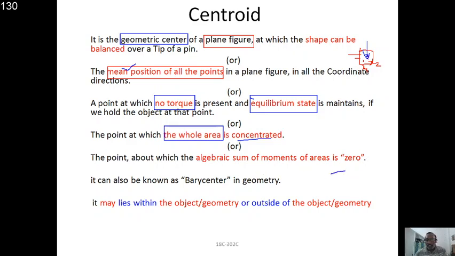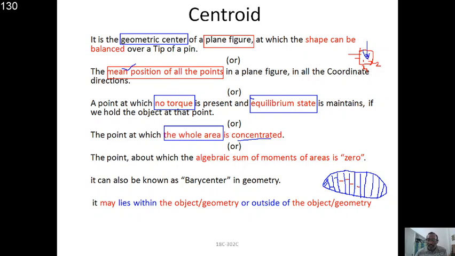That means if I take a figure like this, and I divide the total area into some subparts, these are the subparts of the areas. I divided the total object into small parts. Now it is easy to calculate the area of each one. This is area 1, this is area 2, area 3, area 4, area 5, area 6, like that.